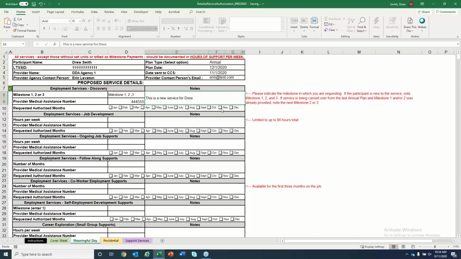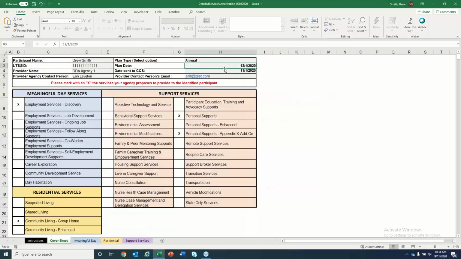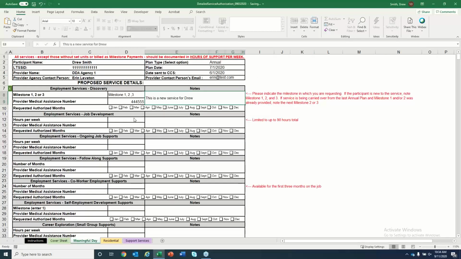Let's use a plan start date that starts more in the middle of a year, right? So let's say my plan start date is actually July 1. Let me change it here so that we're all looking at the same information. 2020, and this is going to be 06/01/2020. So as we go back, if my plan date starts in June,